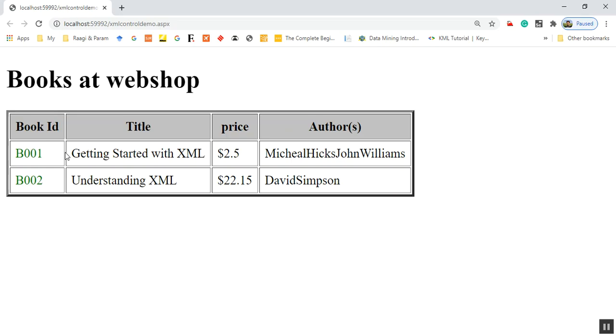If you are not using ASP.NET and Visual Studio, what you can do simply is put your two files, the XML file and the XSLT file, in the same folder and open the XML file. It will be displayed in